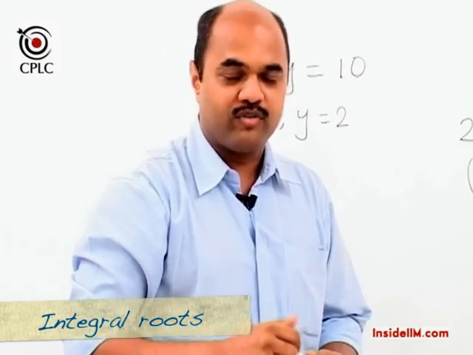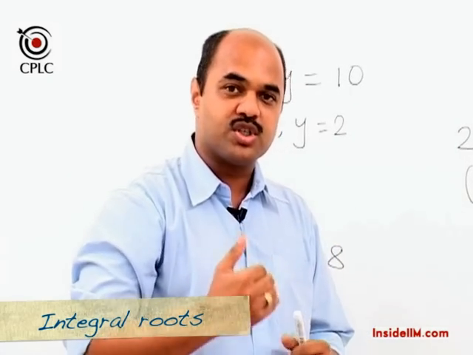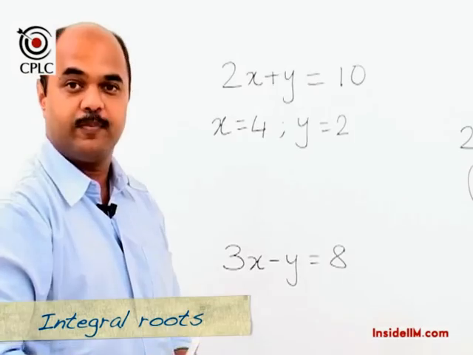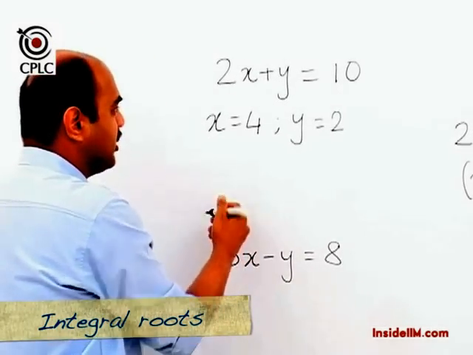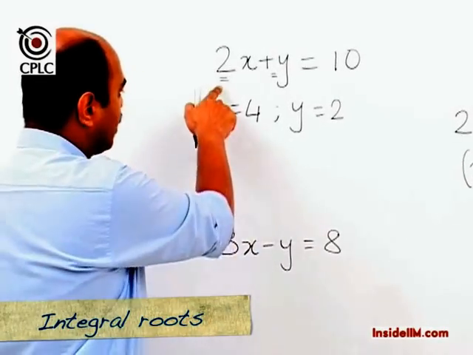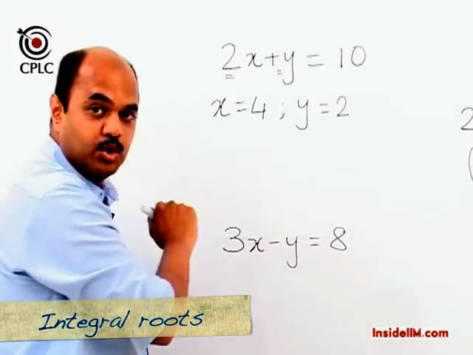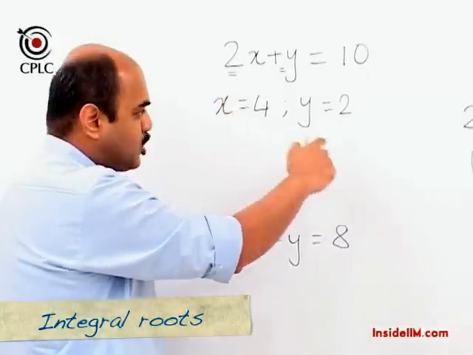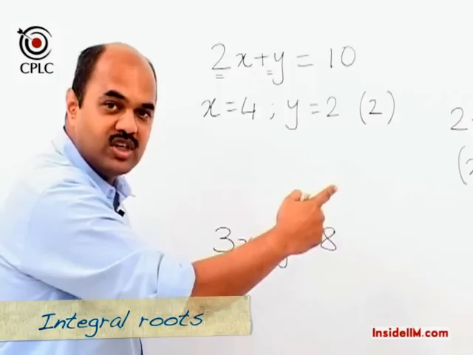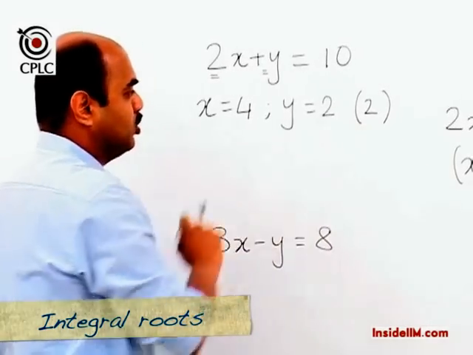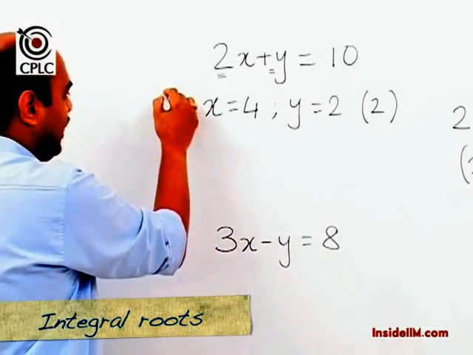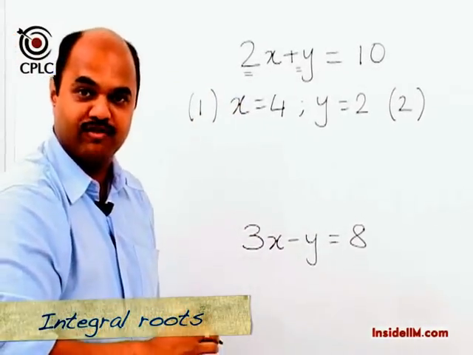And now that we know, or we are told in a problem, that the roots can only be integers, how do we move on and look at other possibilities? Now the other possibilities would depend on the coefficient of x and y. We notice that the coefficient of x here is 2, and hence it would actually impact the value of y, which means the value of y would now keep changing in steps of 2. The coefficient for y is 1, which means the value of x would keep changing in steps of 1.